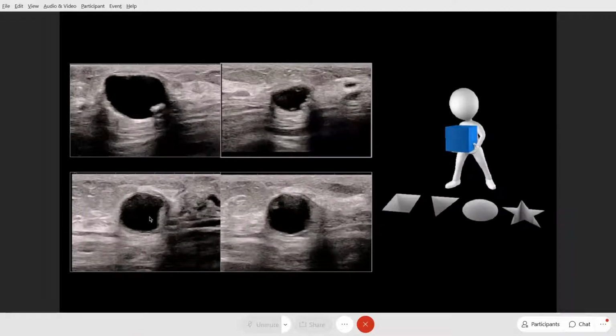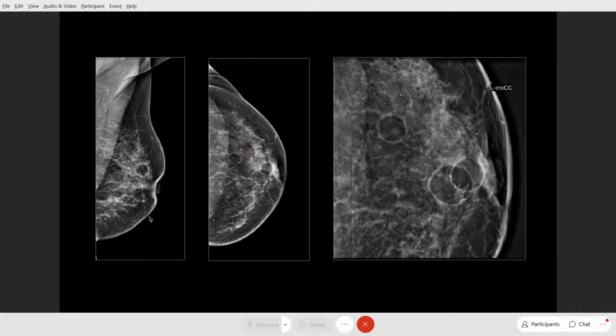You have to go back and ask the patient a little more history, and she did reveal that she had a history of injury to the breast a couple of weeks ago, and now the diagnosis is pretty straightforward. So I did a mammogram for this, which shows the fat filled cyst. So now the diagnosis is very straightforward. They were all post traumatic oil cysts.